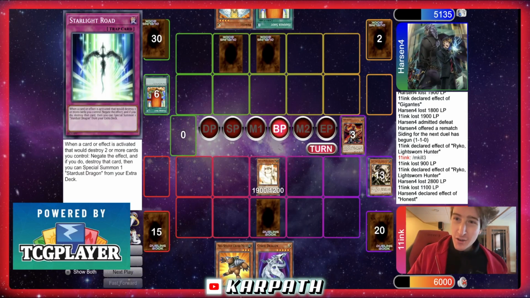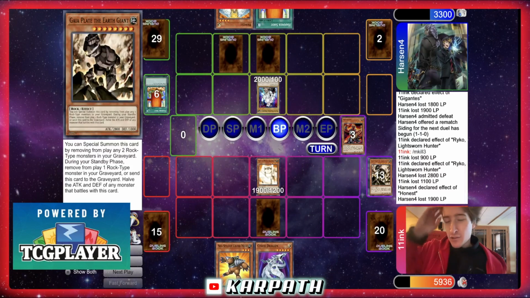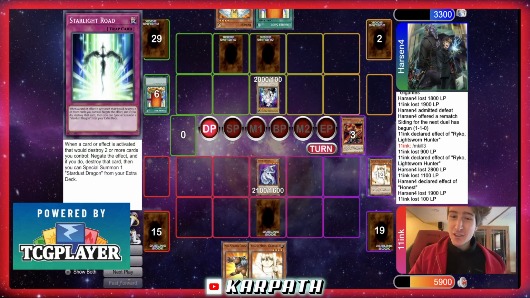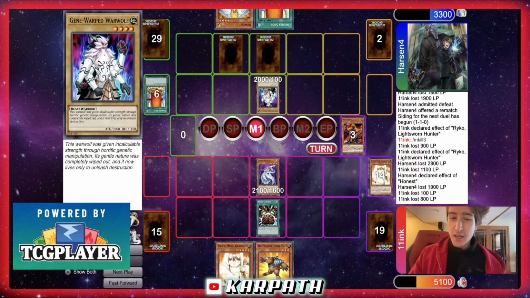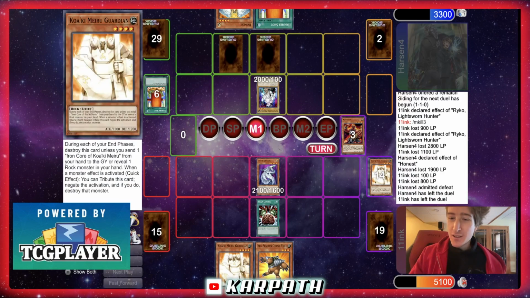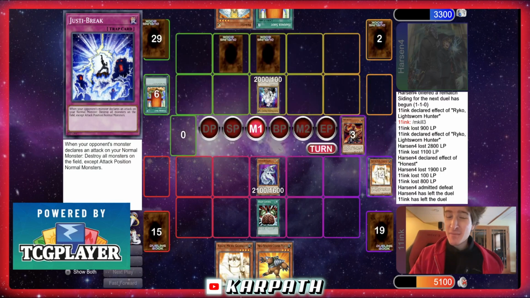Alright, now we can summon Guardian, which is going to have to eat a Hammer Shot, I think. No, they draw Gene Warped Werewolf, which actually just hits over this thing. This opponent's deck is very funny. So we go special, activate Brain Control, and that's just going to take the game. So I guess a victory for the Rock deck over... Man, this deck should be on What Are They Cooking? What are they cooking with this? Justy Break, Hammer Shot, Gemini, Beat...